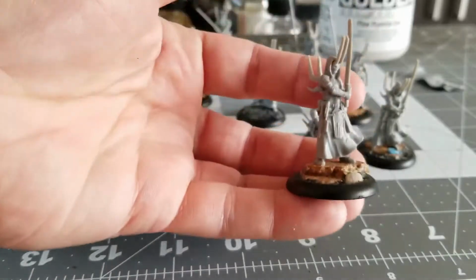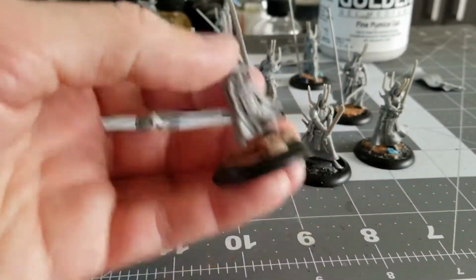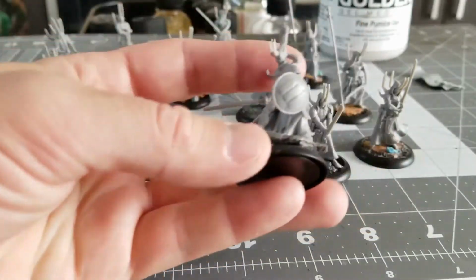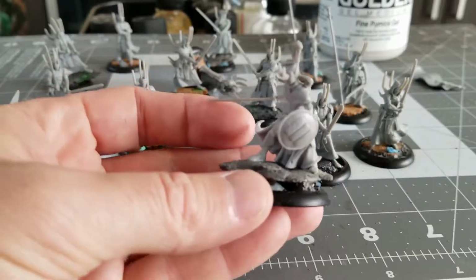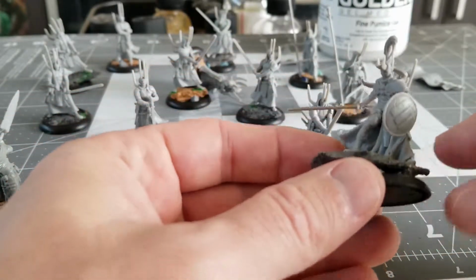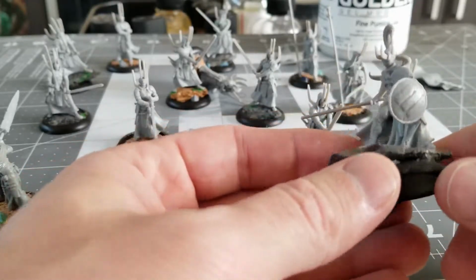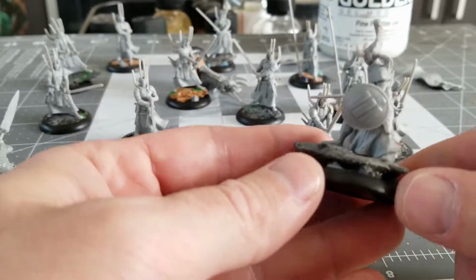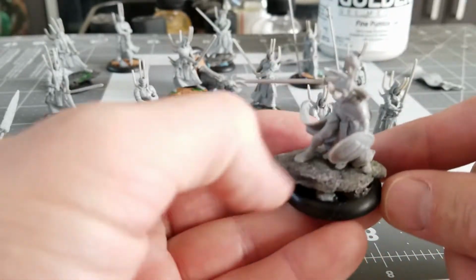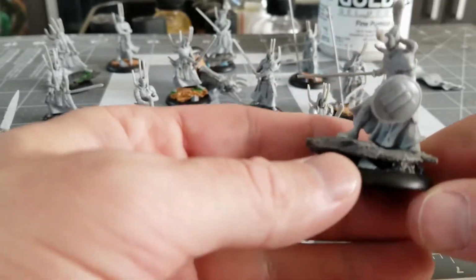Here's another one. Let's see. Looks really good. And then here's this guy. I was going to stick him down on some sticky tack and paint him, then paint the base and put him down on there, but I decided not to. I just decided to make my life a little bit easier, because basically we're just going to prime everything black